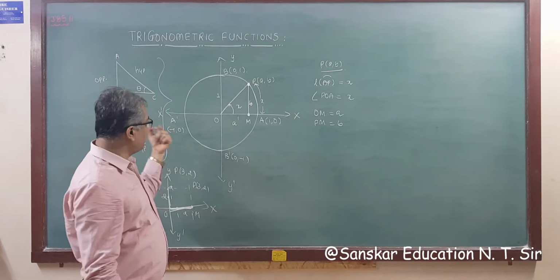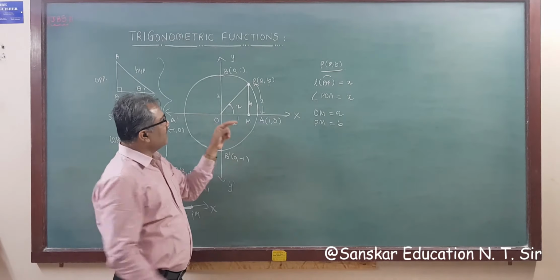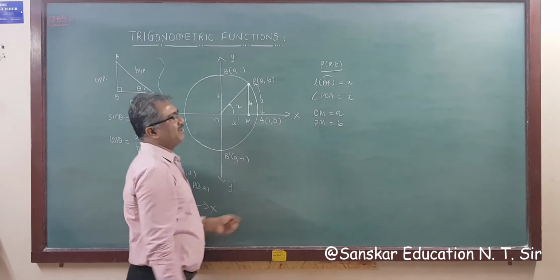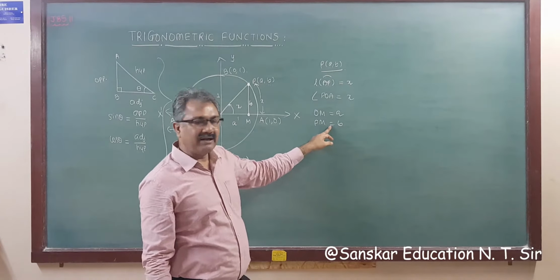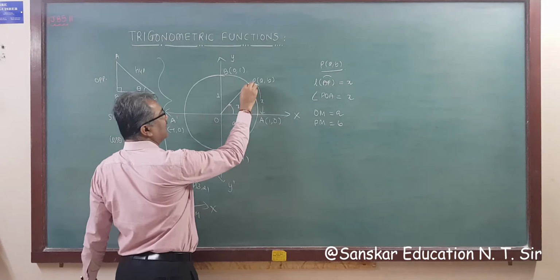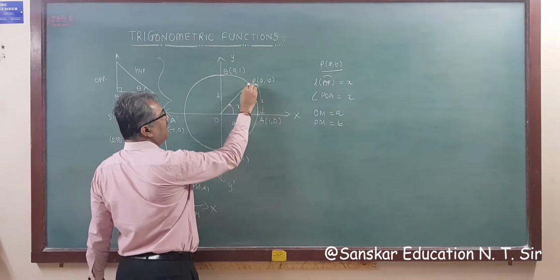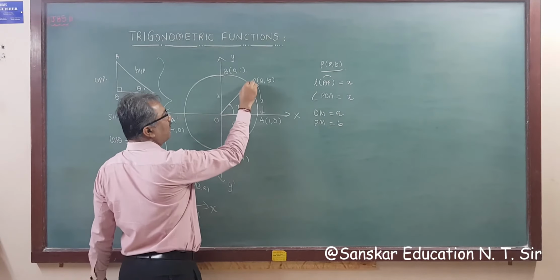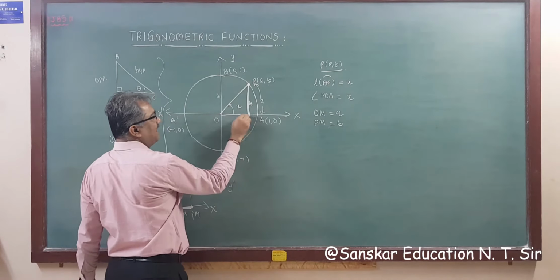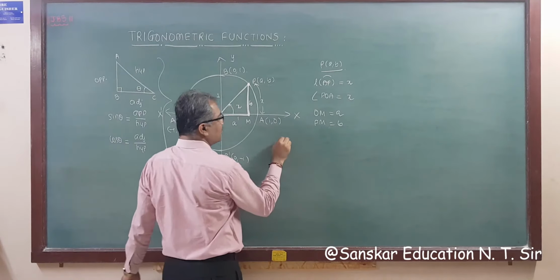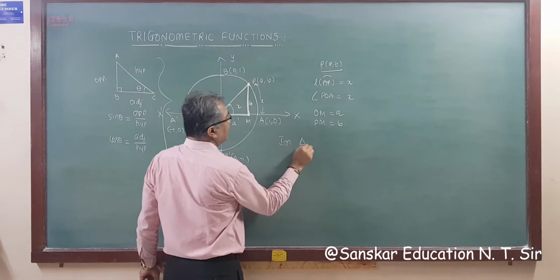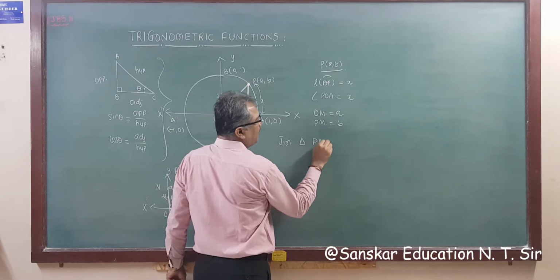Okay, so that's why OM is A and PM is equal to B, right? Now from this right angle triangle PMO, in triangle PMO